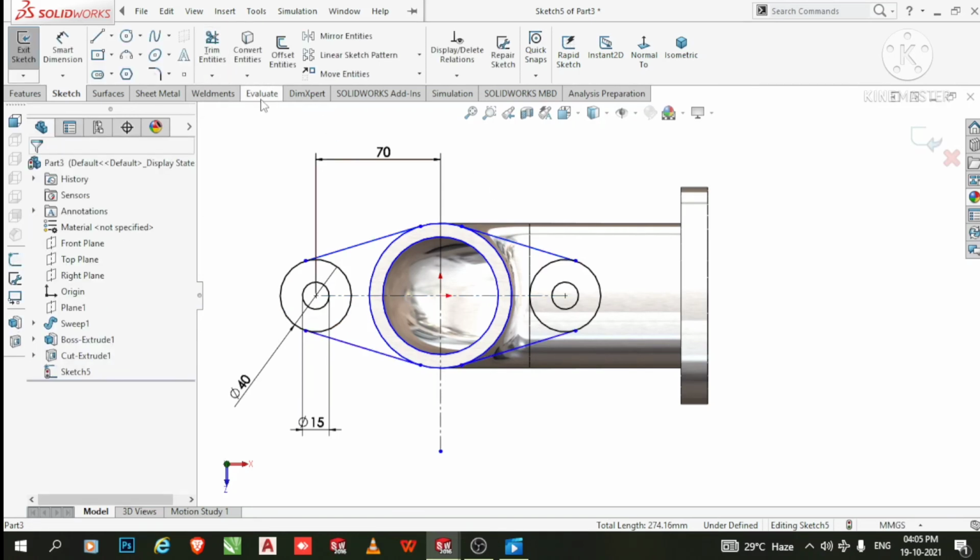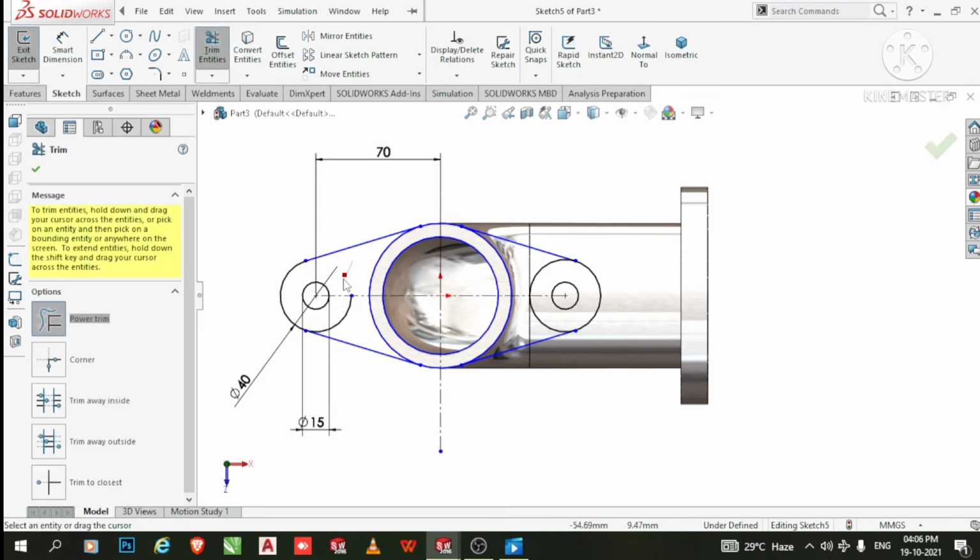Okay, now here we trim this unwanted portion, so go to the trim command and trim this one also, this is not needed. Okay, delete this one also. So here we remove this unwanted portion.